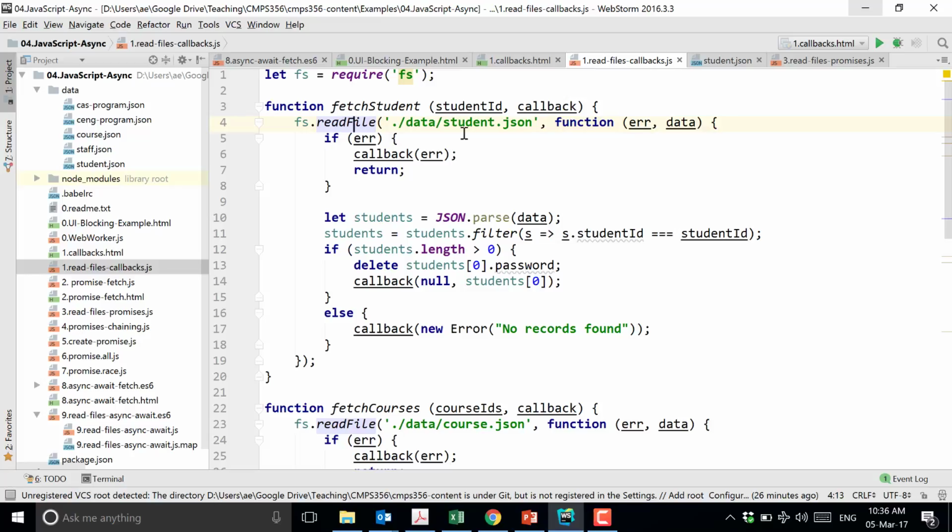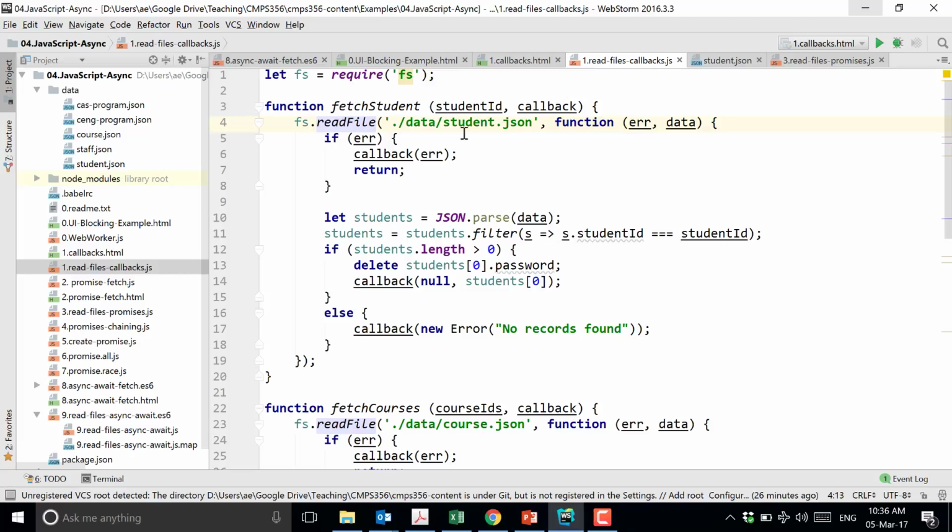Okay. So what I'm doing here, I am passing a function. Have a look at this. This hopefully is not too scary now because a function can be passed as a parameter to another function. You've already seen this. It's nothing very scary here. Now this function takes two parameters, error and data. If there is some error when reading the file, you will find it in this error object.